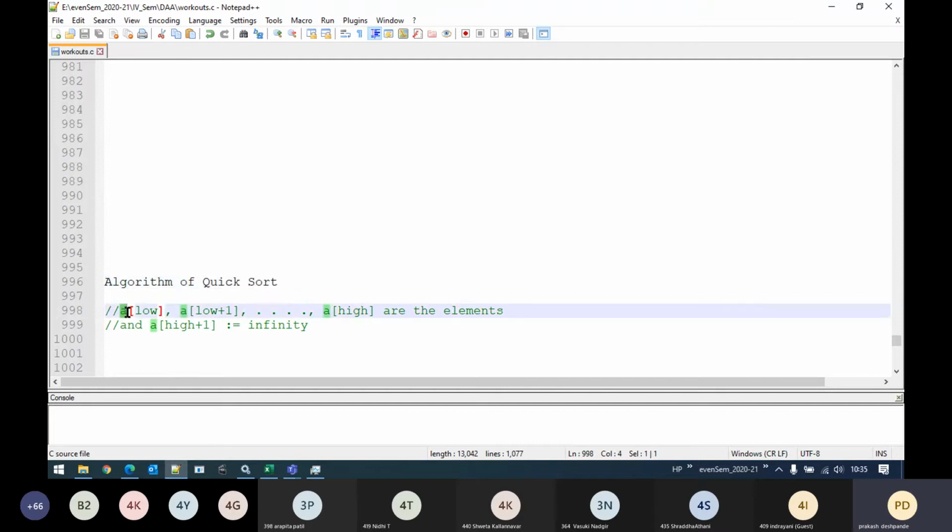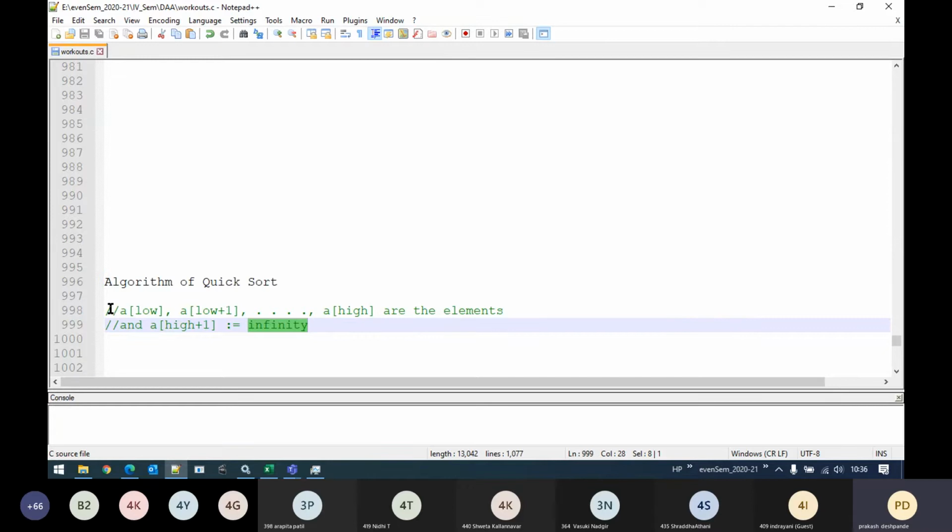Now, we will consider an array. The first element of the array is placed at the low position, and obviously the next element will be at low plus 1, and so on up to the high position. The A of high indicates the last position of the given set of elements. Then we need to set one more element, at the high plus 1 position, as plus infinity, so that at one particular position we need to stop incrementing one of the variables.